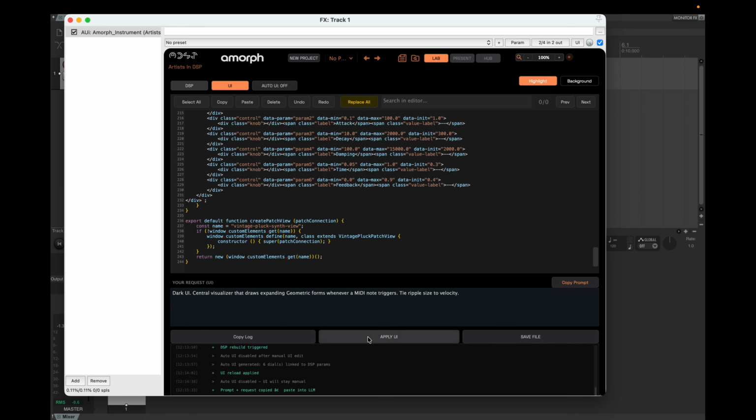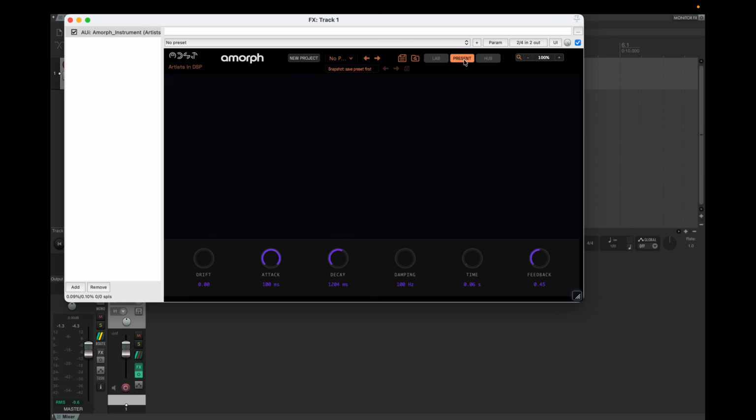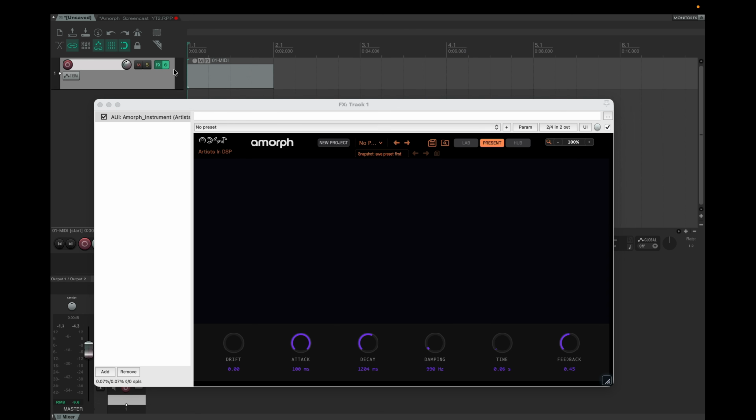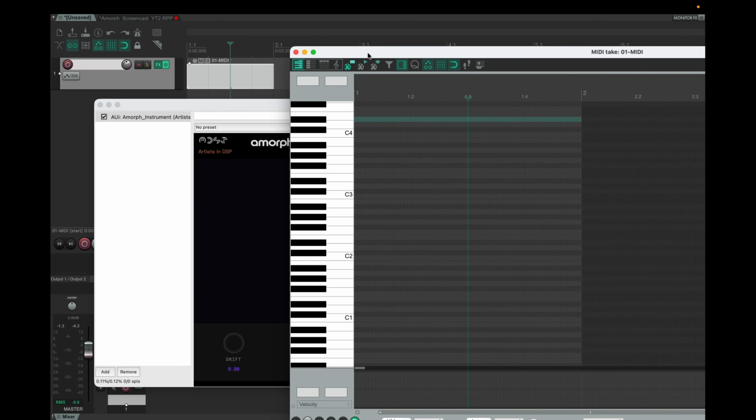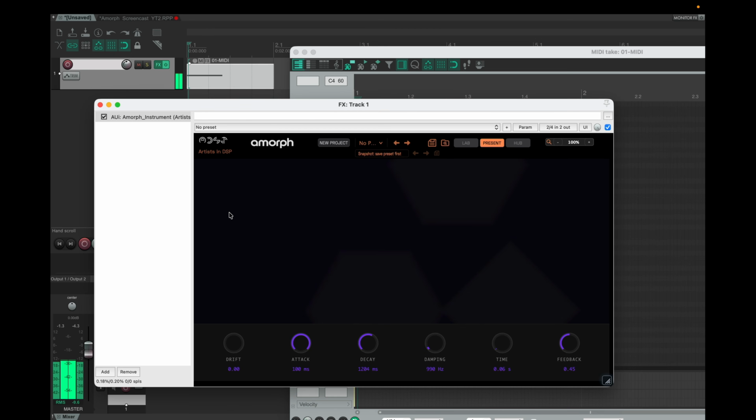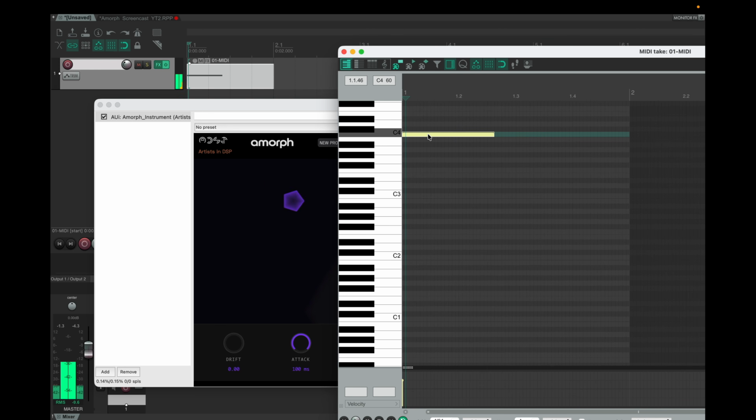Replace it, apply the user interface and hit present. So, this is our synthesizer. Let's hear how it sounds, and let's see if the visualizer works. Let me play some notes. So, sound is coming through. I'm also seeing some geometric shapes, so